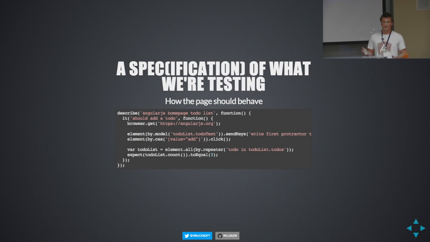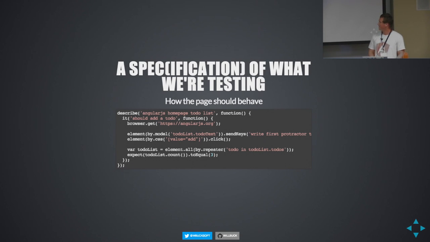You need a spec or a specification of what we're going to test, how the page should behave. And this is, by default, a Jasmine test with the usual Jasmine things. So for people who aren't familiar, there's a describe saying, what is it I'm trying to test? An it to say, what it should do? And some expectations, like expect something to be something else. Hopefully the same